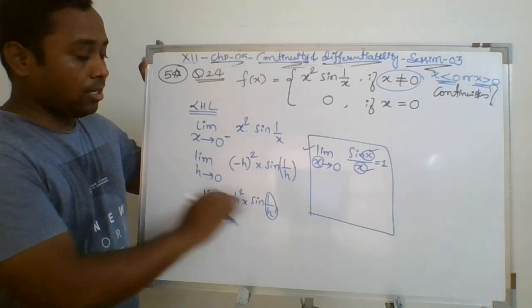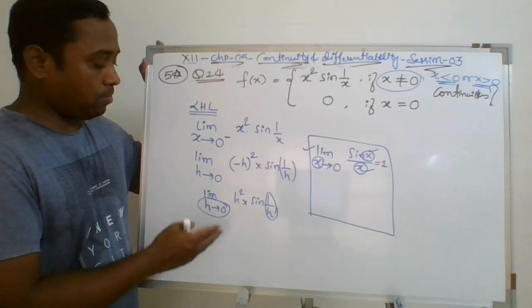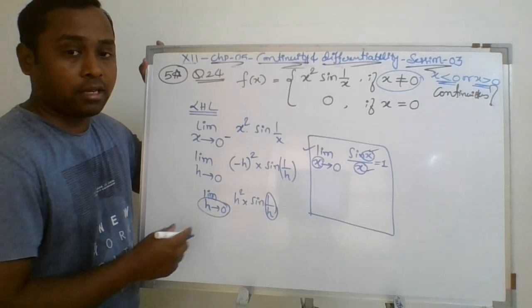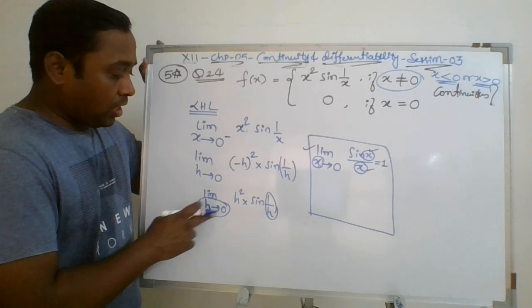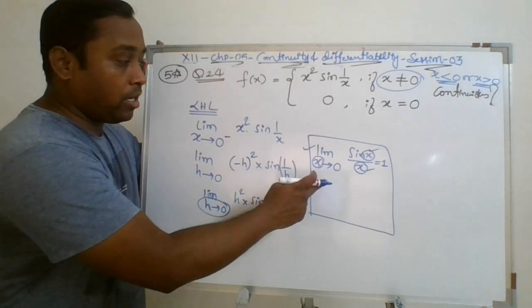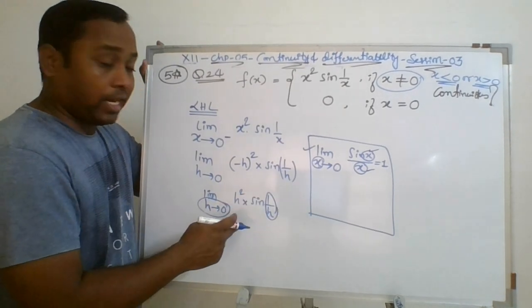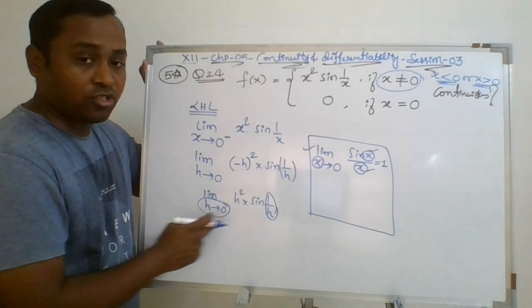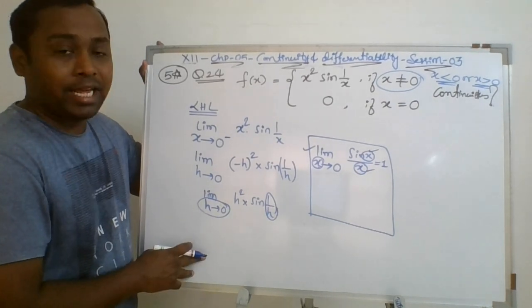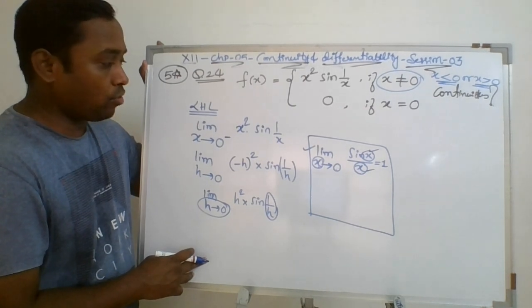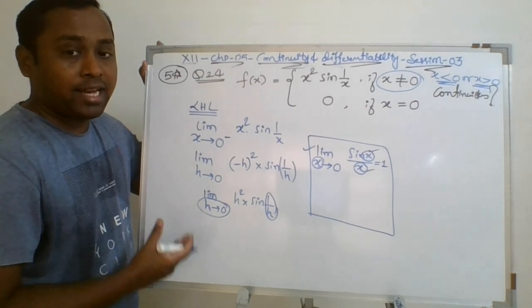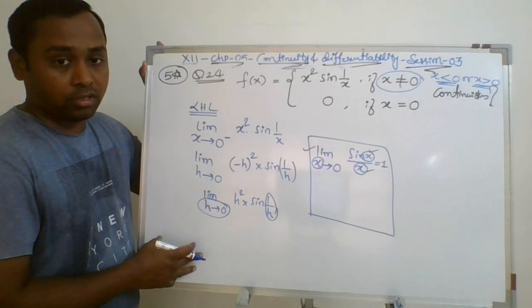You cannot directly substitute the value of x, because if you do that, you will get some meaningless numbers. Second, if you want to apply the trigonometric formula of limits, you cannot, because that format is not there. So what else then? This is a question mark. In this type of question, you need some extra intuition, right?